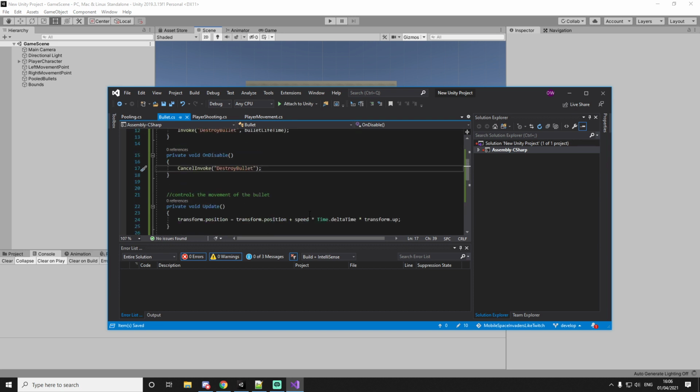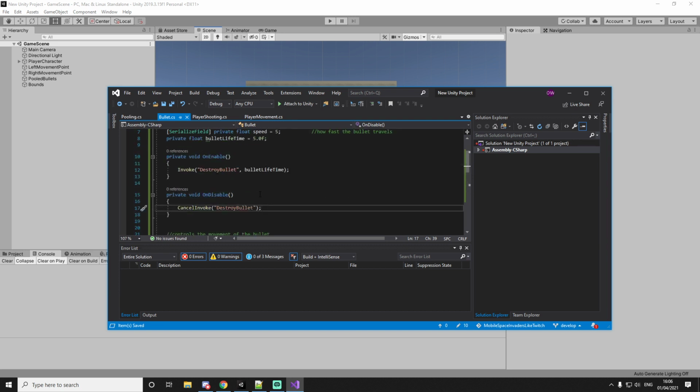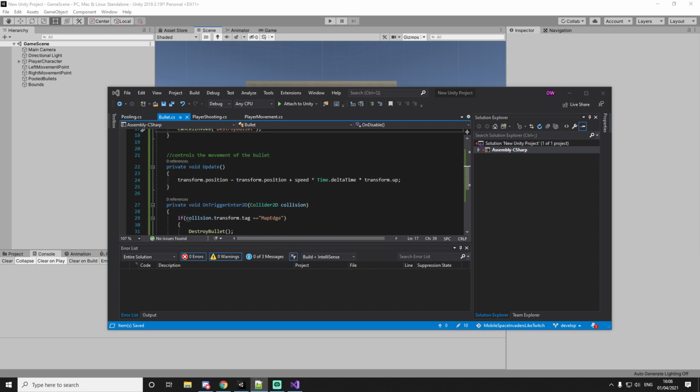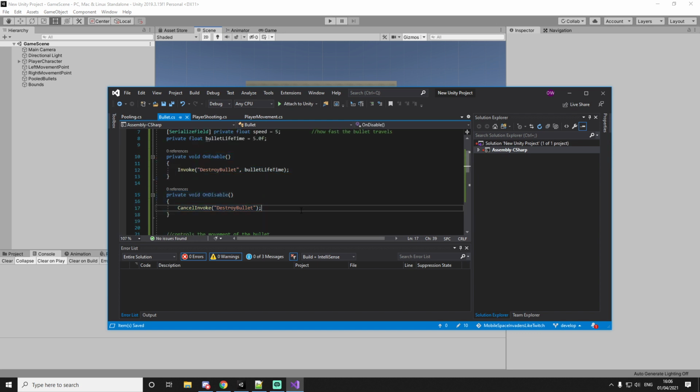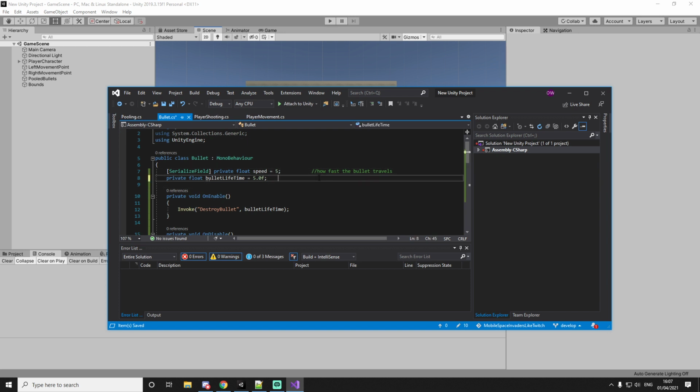And with this, we now have the way to enable and disable the bullet after a specific amount of time. Now, there is one issue with this, and that's that Invokes don't consider Time.deltaTime. That means that if we pause the game, the bullets will still destroy themselves, but this is something we'll worry about in the future, and we'll just change this to a different system, maybe depending on how the game functions. So now, the bullet should be destroyed if it exists in the scene for too long,